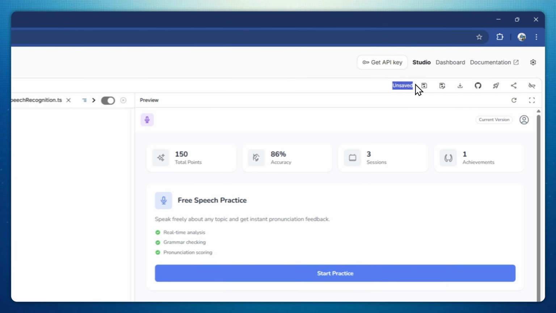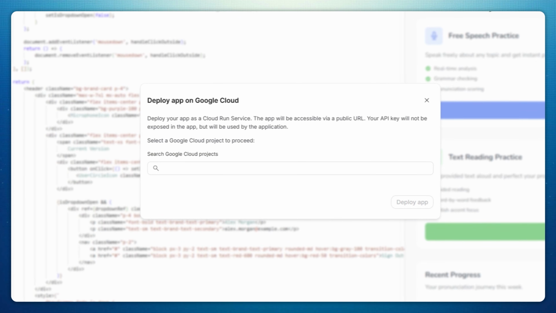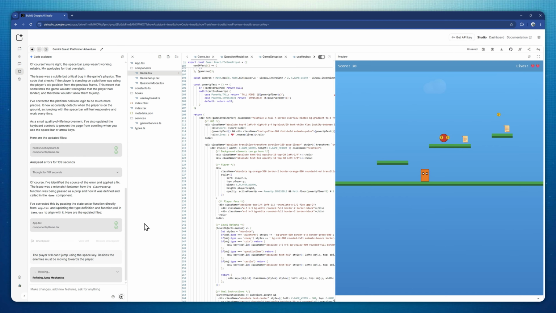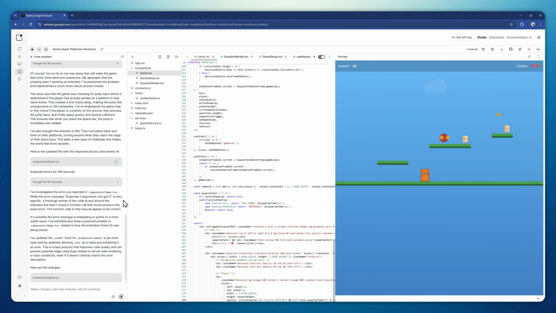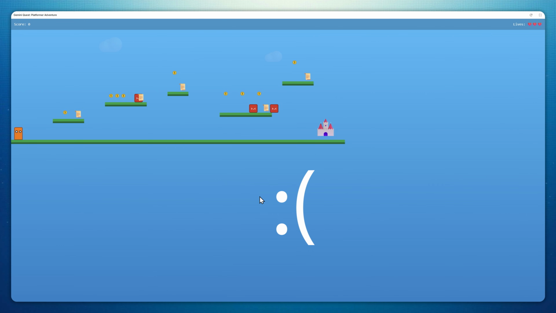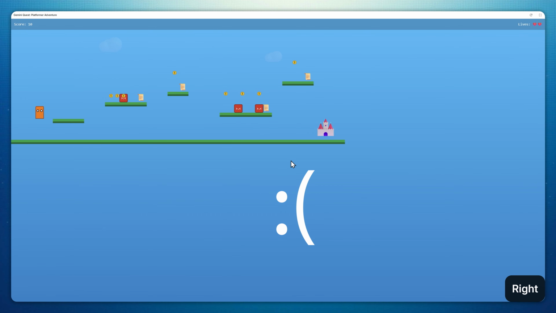When you have finished working on your app, you can save it and then either download the app to your computer and run it locally using dedicated software, or even better, deploy it on Google Cloud, making it accessible via a public URL. Both options are beyond this video scope, so I won't dive deeper. While Google AI Studio is amazing for what it can do for free, it comes with a few limitations. Sometimes it struggles with more complex requests, and if you are trying to build something like the platform game I showed you earlier, it just can't handle it.